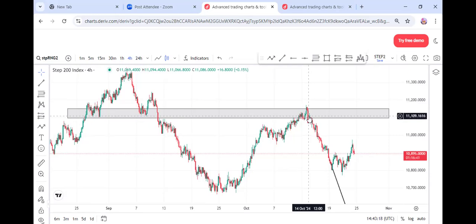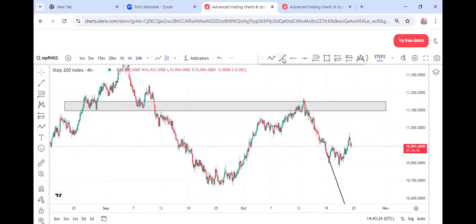So this is actually how you trade the neckline of the chart pattern. Can you see this? The market came to retest it. What you do is just draw out your confirmation trend line, and wait for a